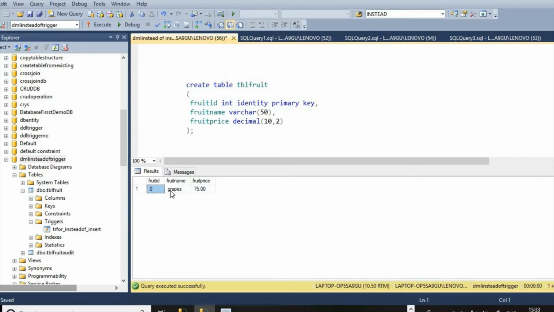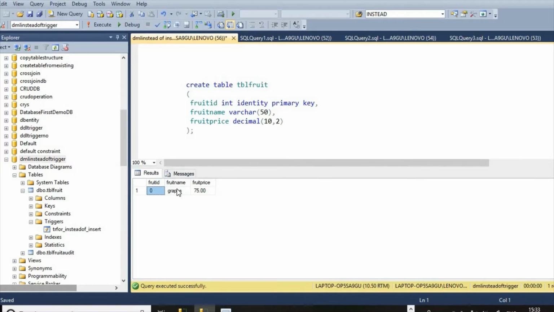This is the record from the inserted table, and here the id becomes 0 because the id of the inserted table matches the id of the actual table, but in the actual table there is no insertion of any record, so the id here becomes 0.